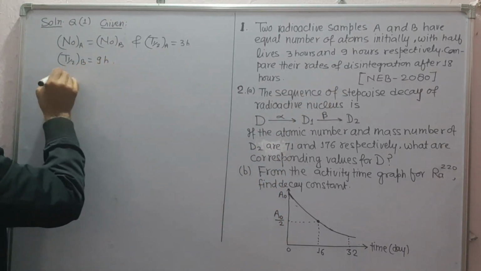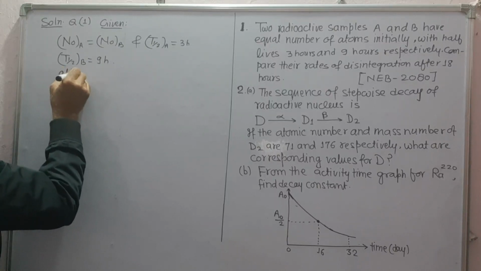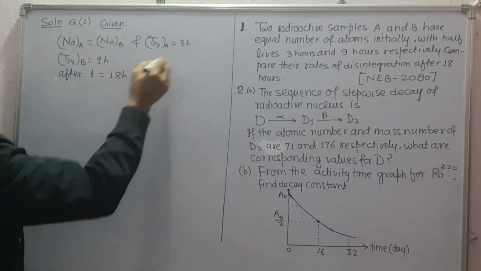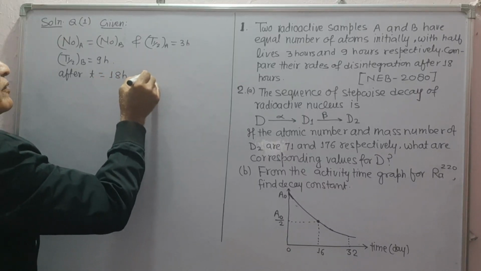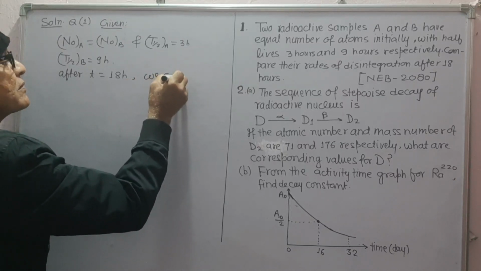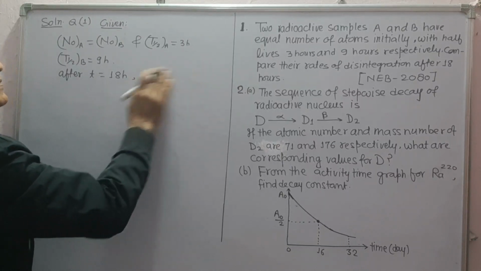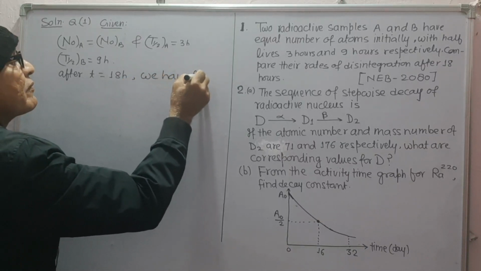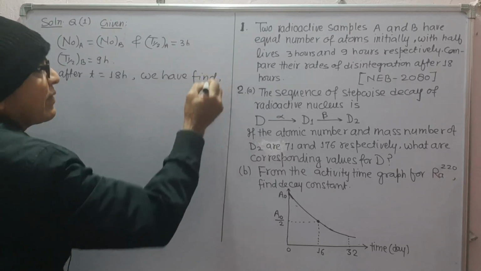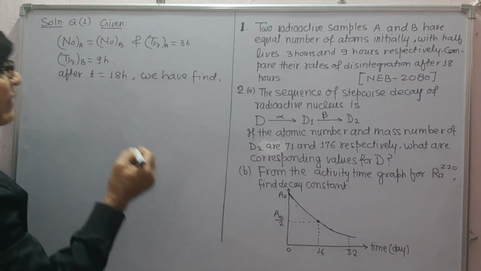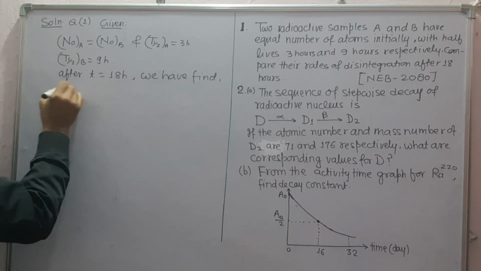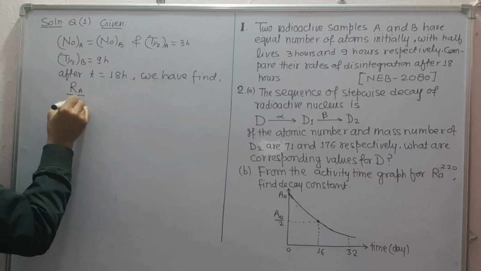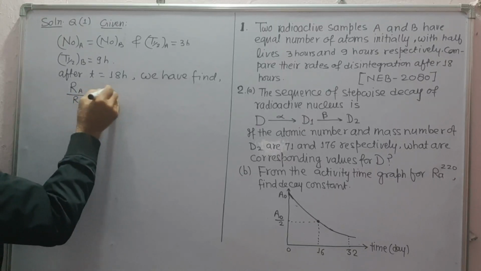Then after t is equal to 18 hours, we have to compare, find the ratio of their rate of disintegrations, that is R A upon R B, which is